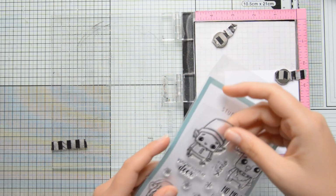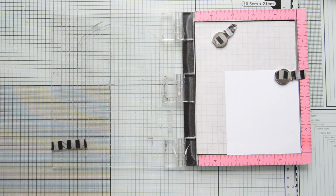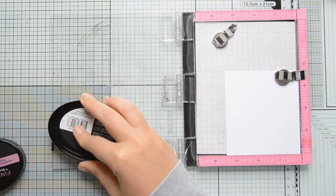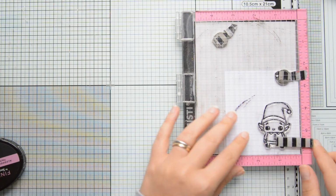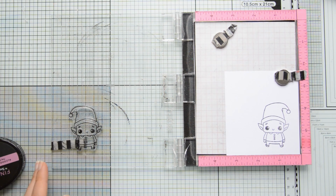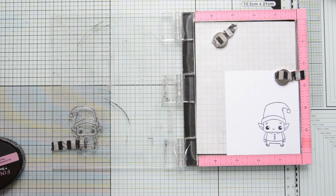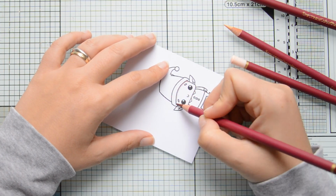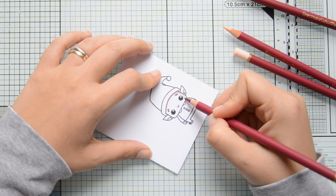The stamp set that I'll be using today is the Friends of Winter stamp set. It features a little elf, a reindeer, a snowman and Santa. And today I'm going to be using the image of this cute little elf that I'm stamping with alcohol-proof ink by Spectrum Noir on some pencil paper, also by Spectrum Noir, and I'll be coloring it with my color blend